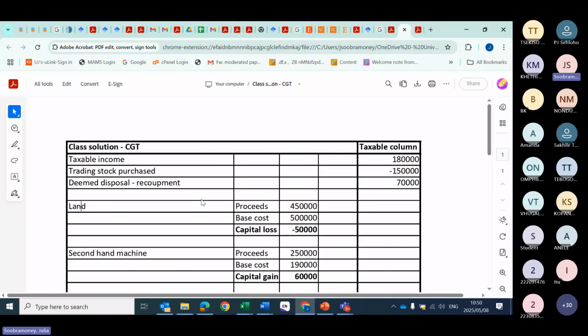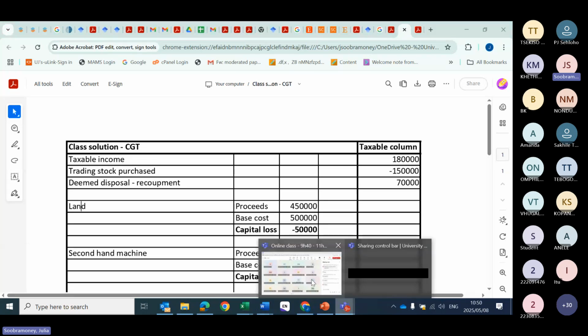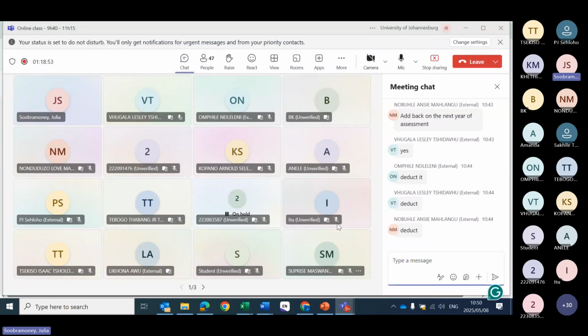Okay. So that is how we deal with trading stock to a capital asset. It's simple. Show the amount as if you sell it. The deemed disposal will be the recoupment. And then the capital asset has now got a new cost price, which will be equal to what you recouped here. All right. Any questions on that? Trading stock to capital asset. Okay,